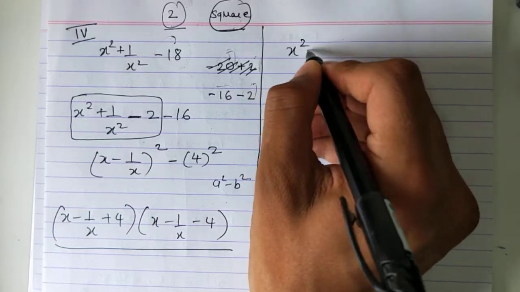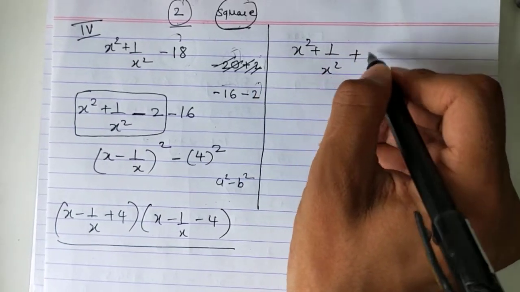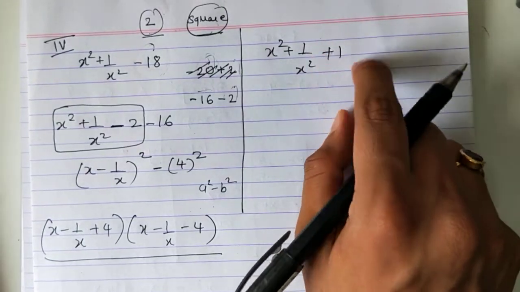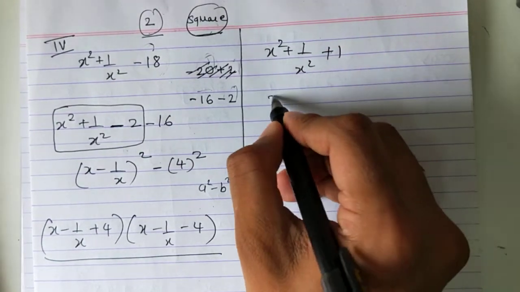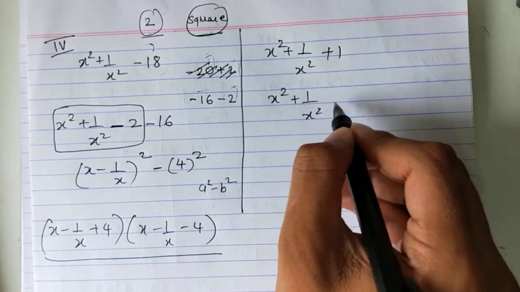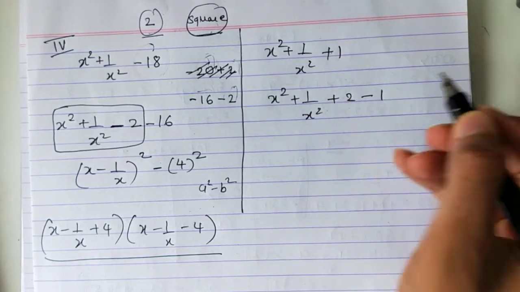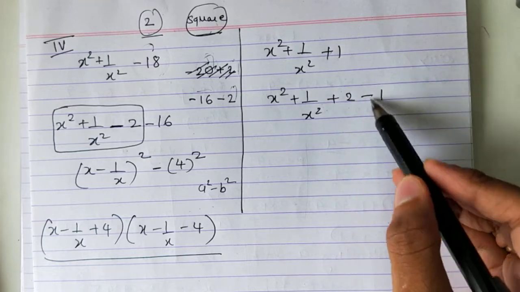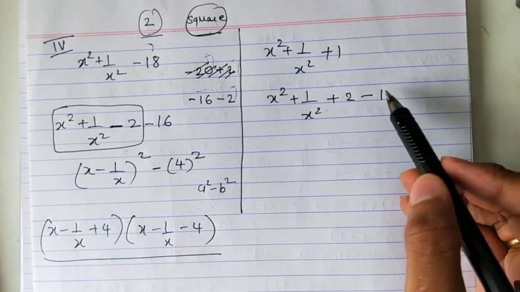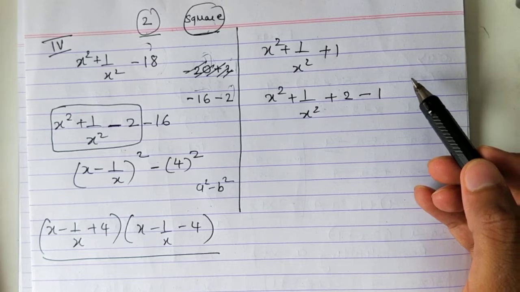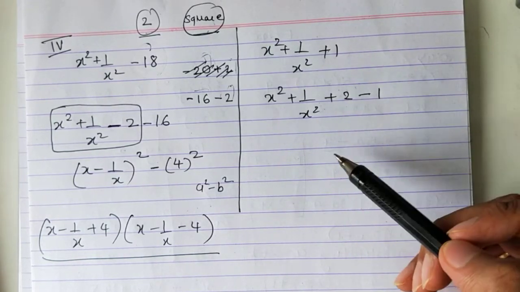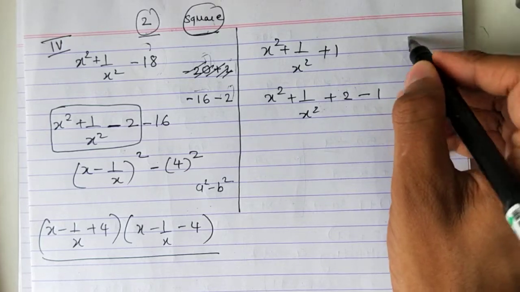The next sum. Plus 1. Now you have to split this 1. Okay, so it is easy to split 1. You will write it as 2 minus 1. One number is 2 and this 1 is a square. You must remember 1 is a square of 1. Okay, so I have split this in such a way that one number is 2, another number is a square. 1 is a square of 1.